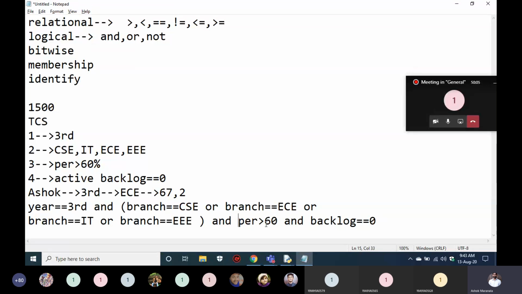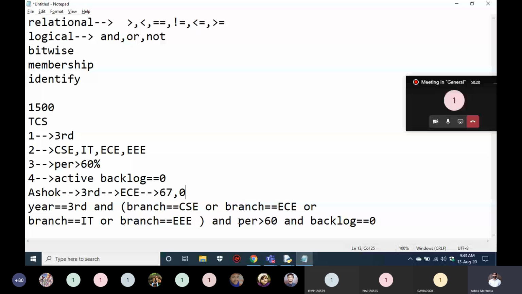Here I have to use and. Percentage is greater than 60, okay. And then coming to the last statement, it is false. When you are using and, if any one of them is false, the result is false. So that means he is not eligible. If you have backlogs of 0, then he is eligible. So these types of students will be taken out of the data.